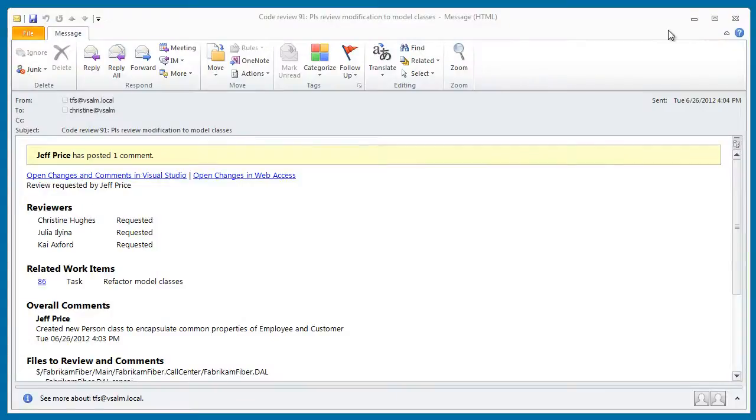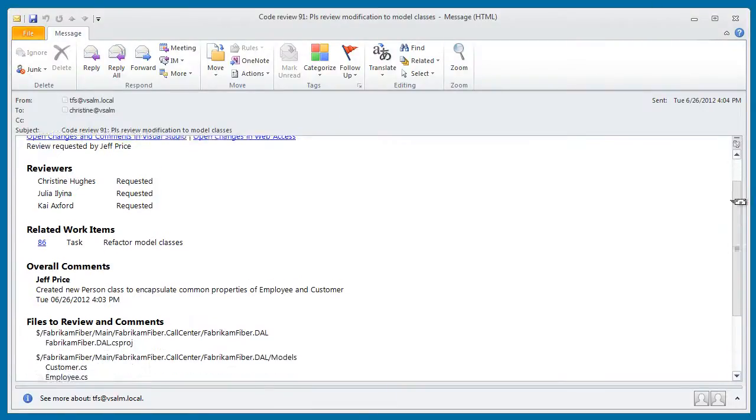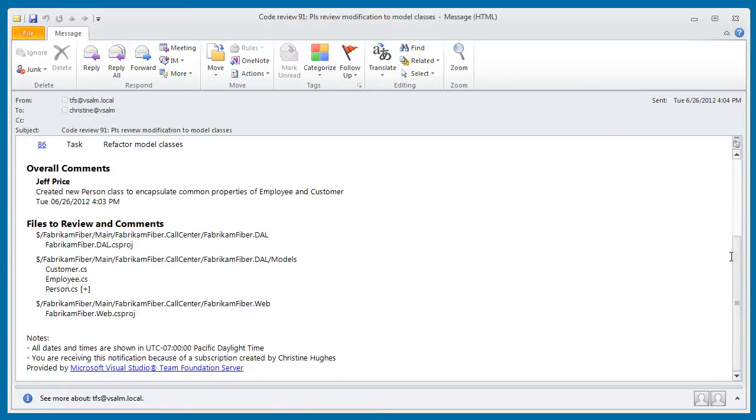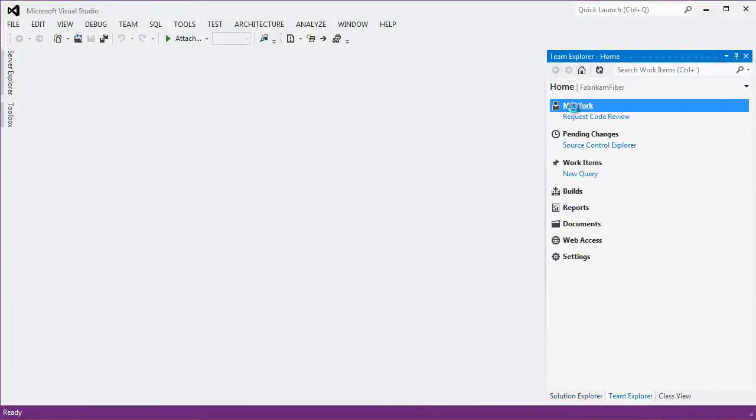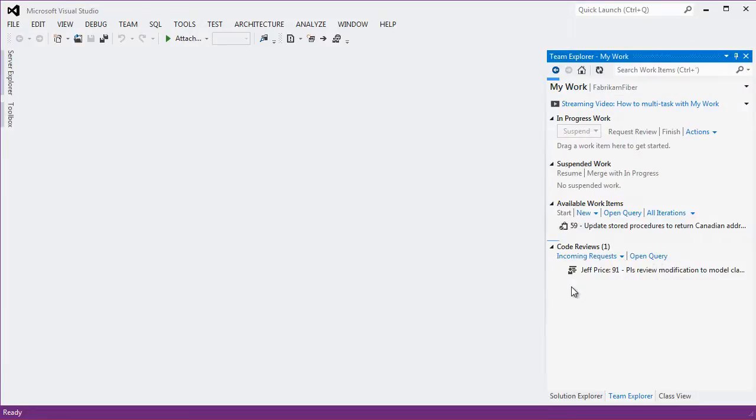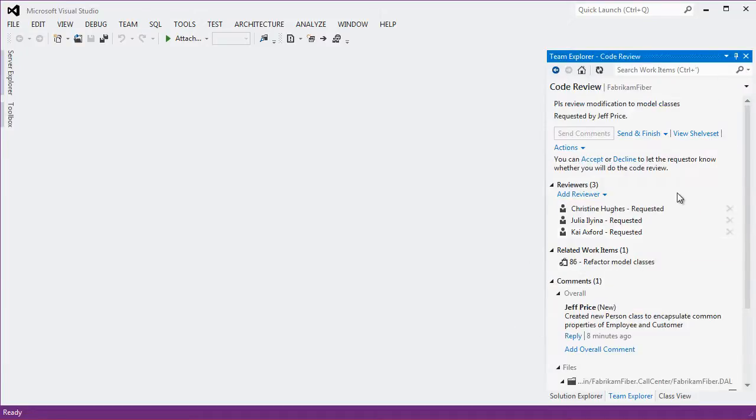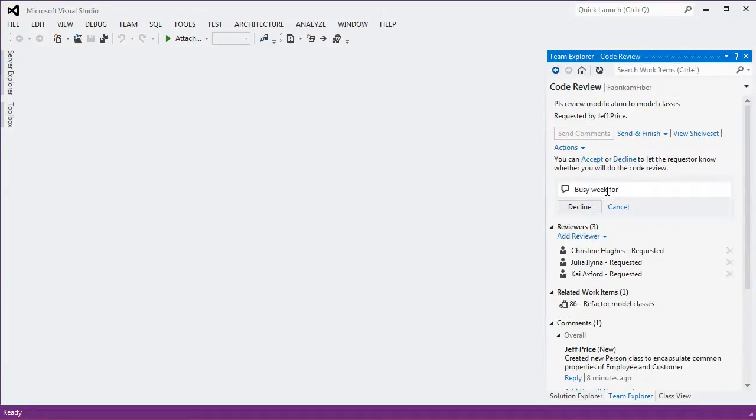You can configure Team Foundation Server to notify reviewers by email, so they know right away that they have a code review waiting for them, even if they aren't running Visual Studio or currently logged into TFS. In addition to the email, each reviewer will see the request appear in their own My Work page, where they have the option to decline the request,